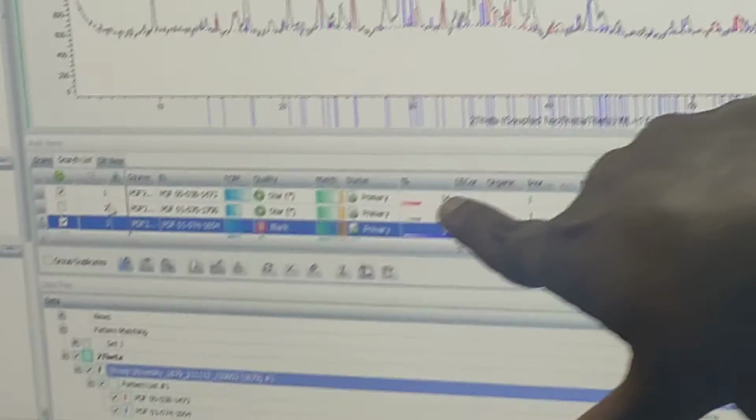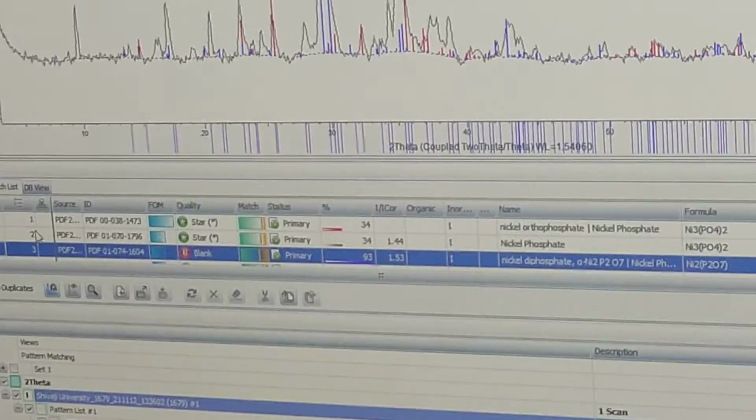Regarding these two numbers, there is something called FOM and there is something called percentage. Maybe I can tell what that number is, but I don't believe in these numbers. Say you have 10 peaks in your XRD pattern and the database has 10 peaks. If all 10 peaks match, then the percentage will be 100%.